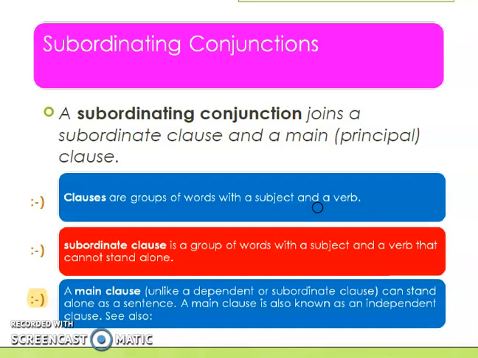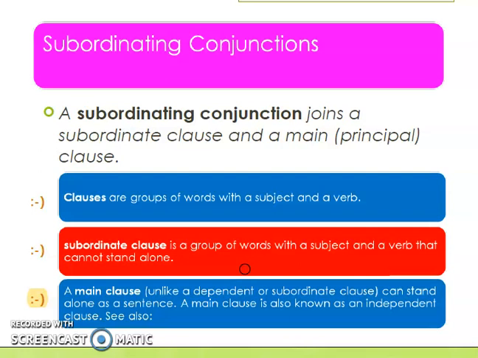You need to know the difference between subordinate clause and main clause. A subordinate clause is a group of words with a subject and a verb that cannot stand alone. It means that when you say it, the listener will expect something more from you, when the meaning is not complete. For example,